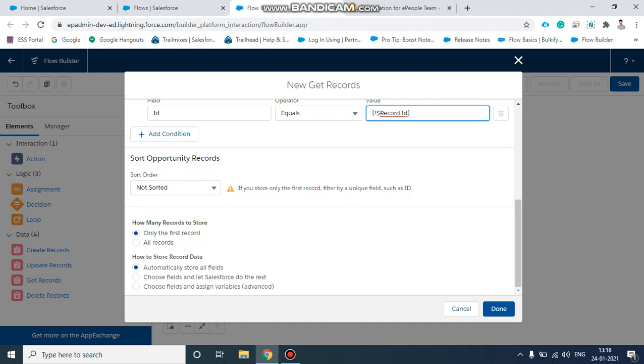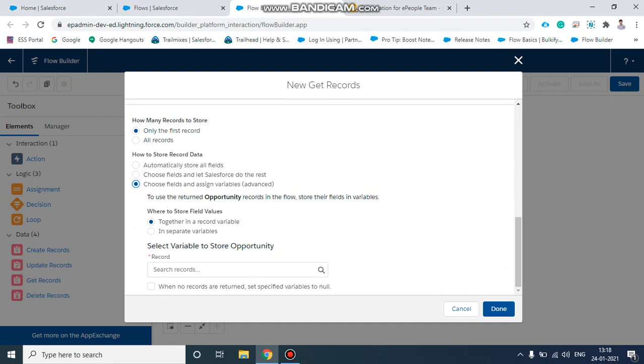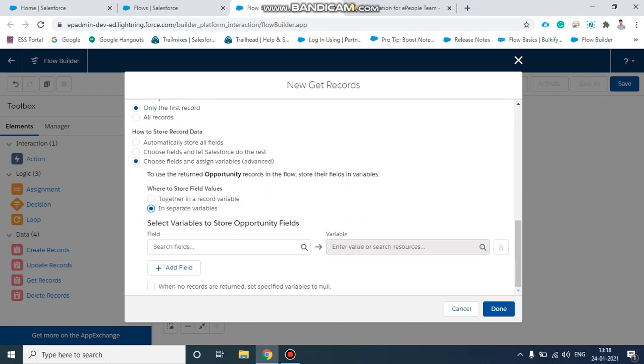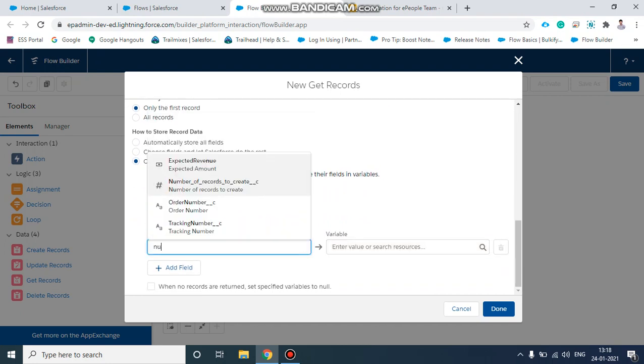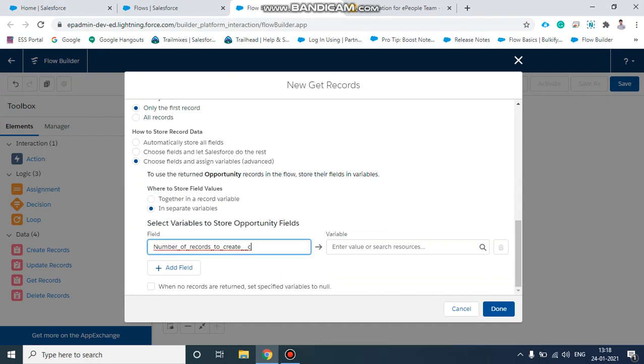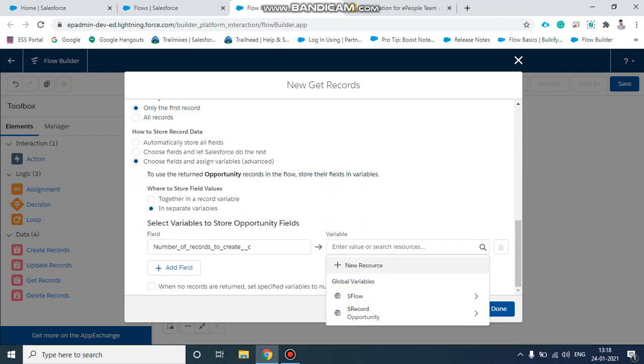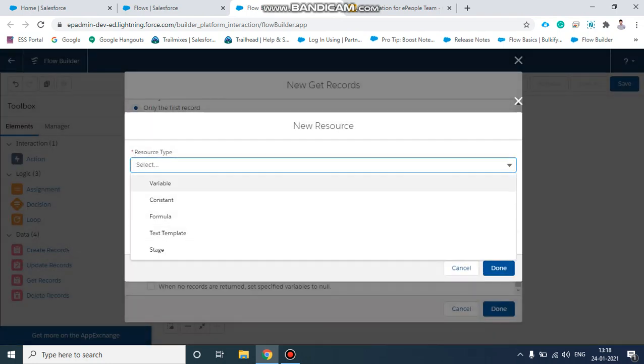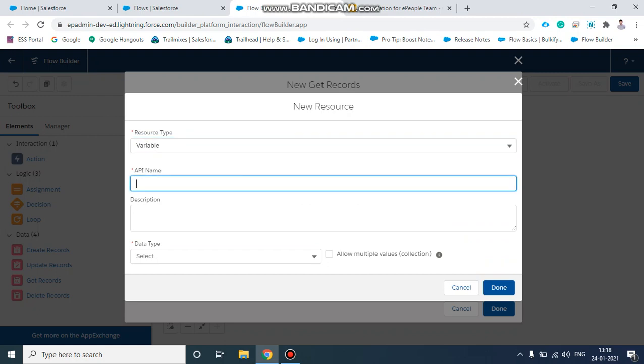In this, we need to store that field value into one separate variable. The resource will be a variable, and we will name it Number of Records.